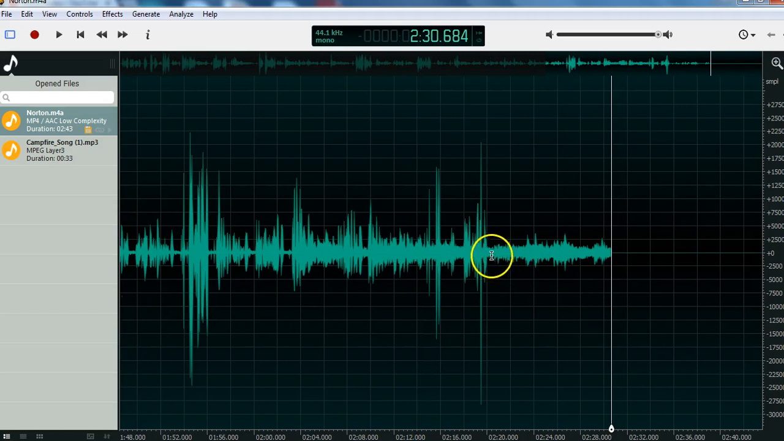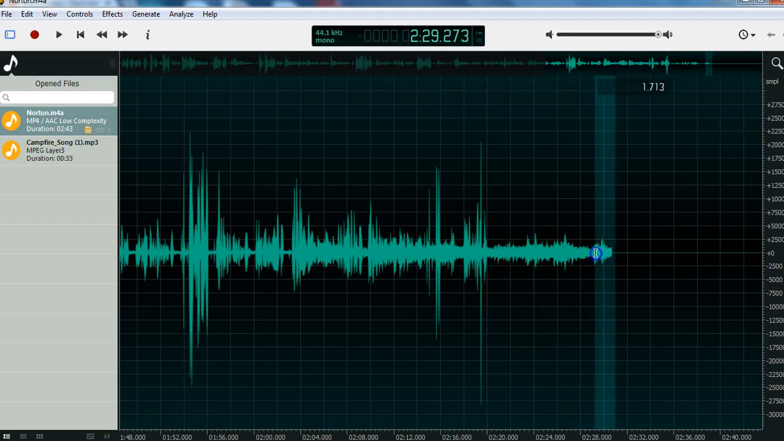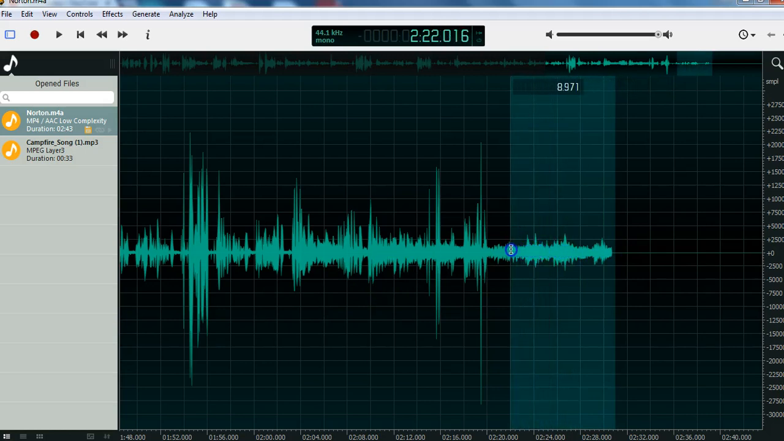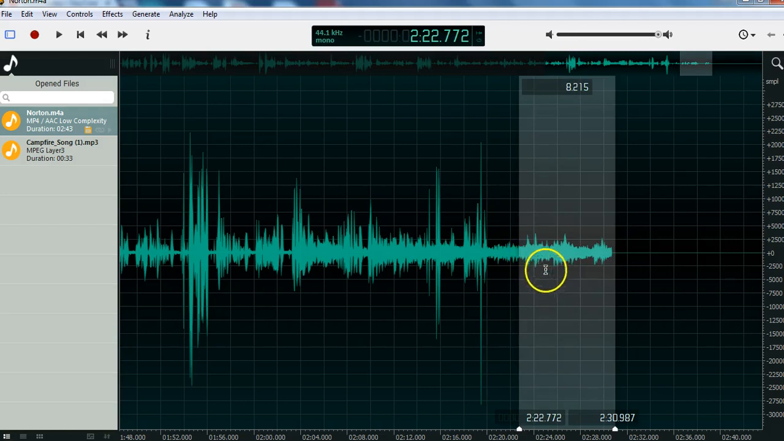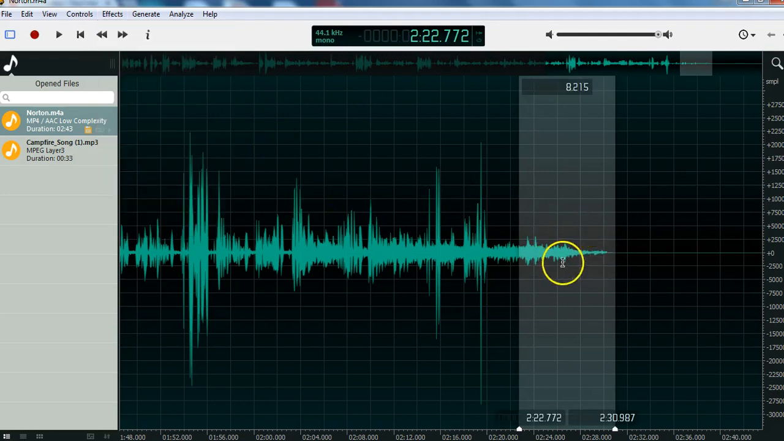So now, instead of having it abruptly cut, if I don't do a fade out, it's going to sound like this. And that's kind of jarring, right? Just like it faded in nicely, I want to have it fade out nicely. So let's take the last 10 seconds. Maybe I'll do 8 seconds. And I'll fade out. So again, I'm going to go to Effects, Amplitude, Fade Out, and then it goes